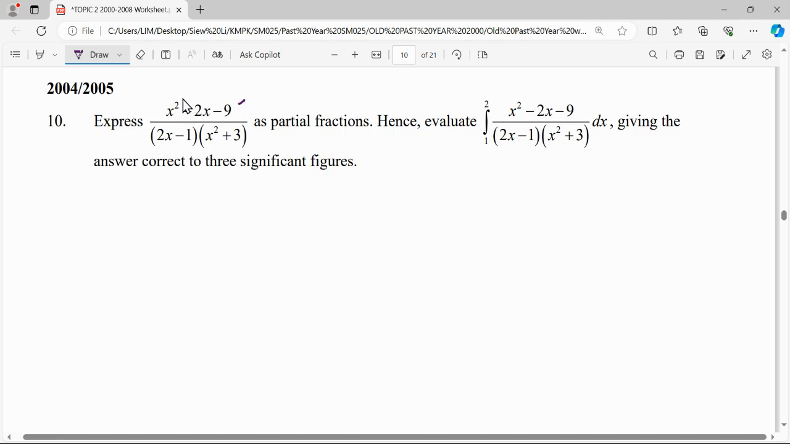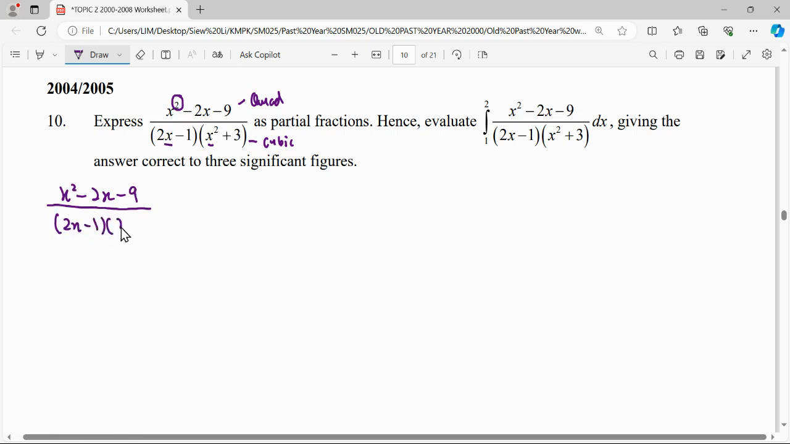Up here is quadratic. The denominator here is x squared times x, so this is cubic. Up here is quadratic, so this is proper, since power 2 is less than power 3. So we can proceed. For the second step, make sure our denominator is